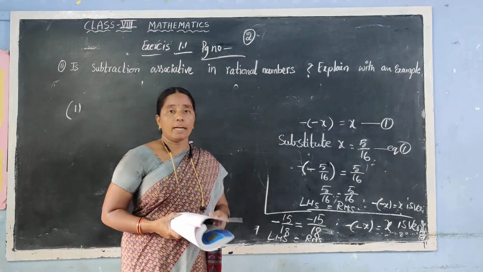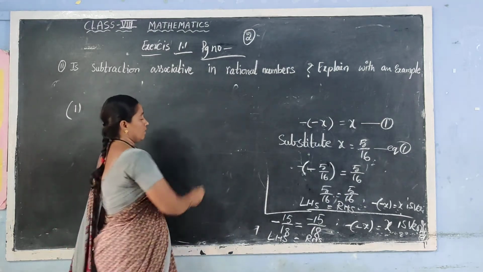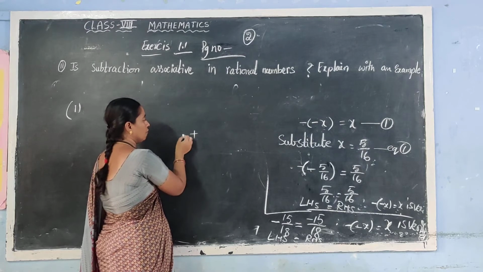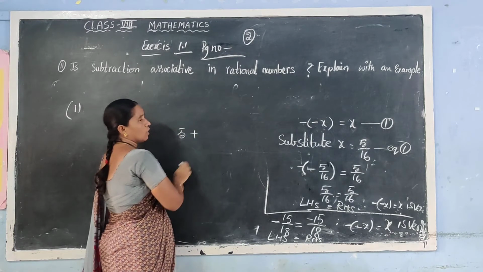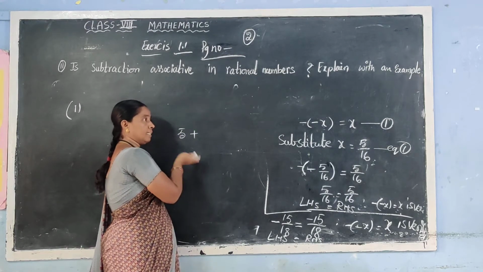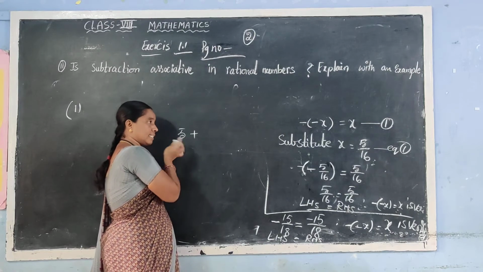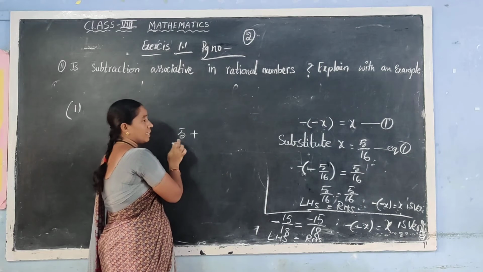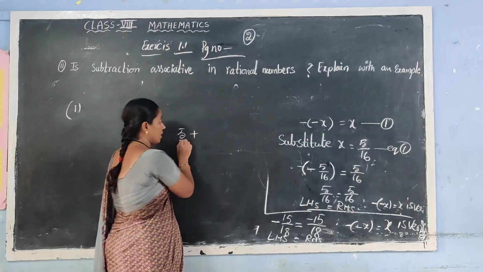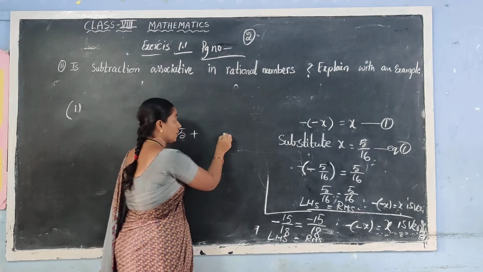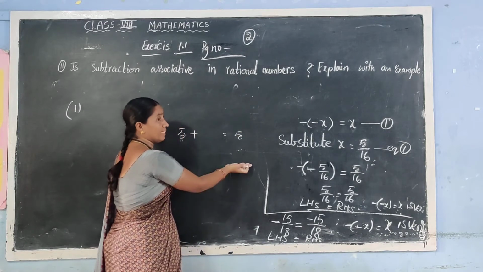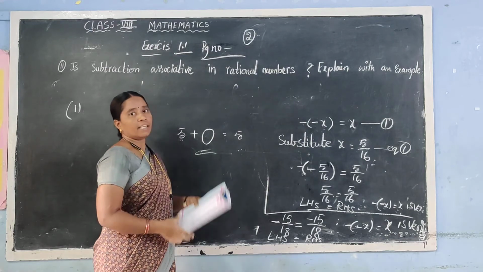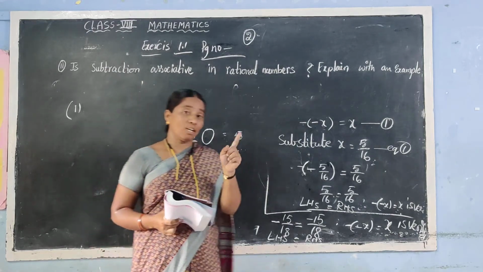So additive identity is what, Nana? Which number? For example, any number you have to take, Nana. Just I am taking 5. Okay, it is a natural number, it is a whole number, it is a rational number, and it is an integer also. So I am taking 5. Which number we have to add to get identity? Identity means the number itself is the answer. Okay, which number we have to add? 0. Okay, Nana. So 0 is in the set of whole numbers.